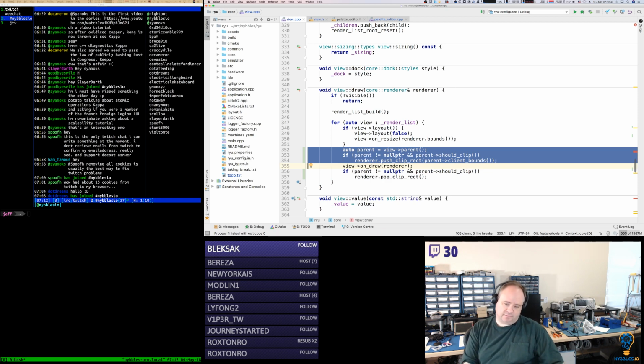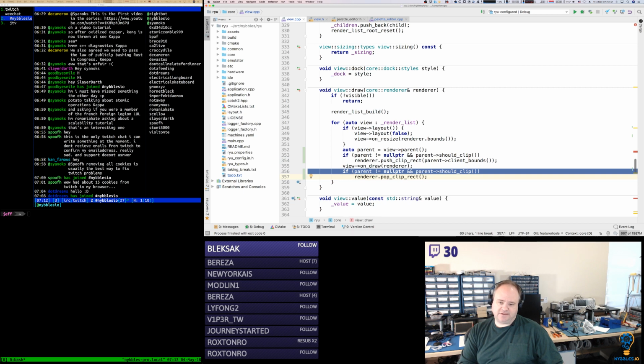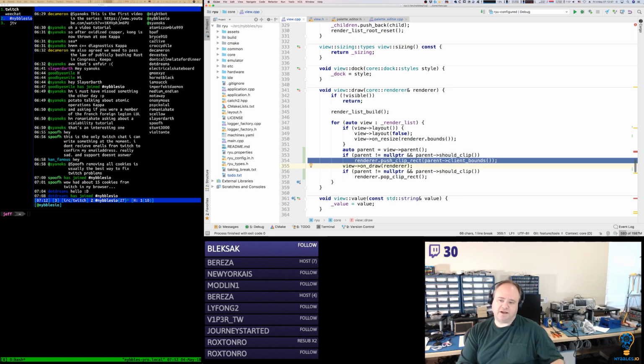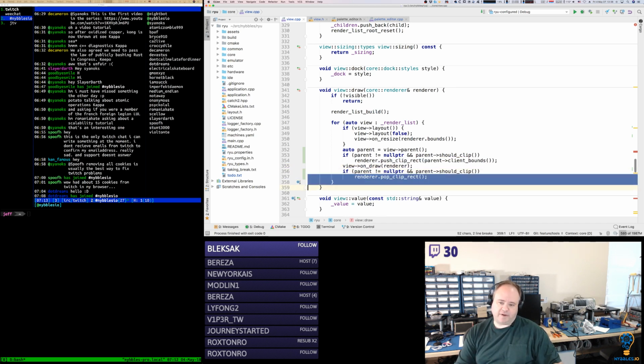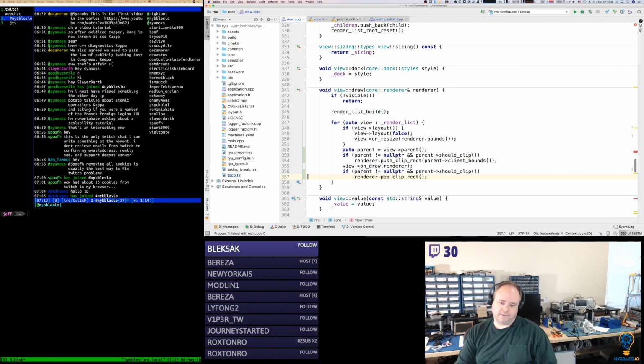And then what that lets me do is in this loop I can get rid of this, right? And just push whatever the proper clipping rectangle is, based on what comes out of the list. And then pop that off when we're done.